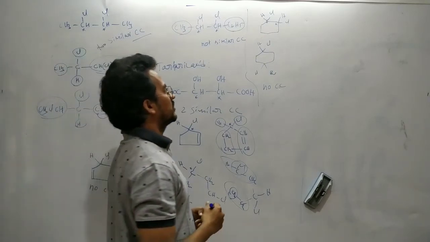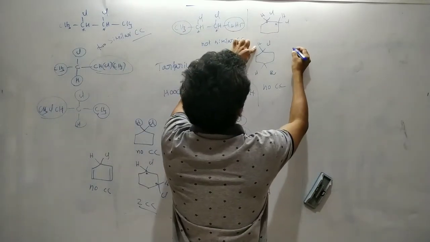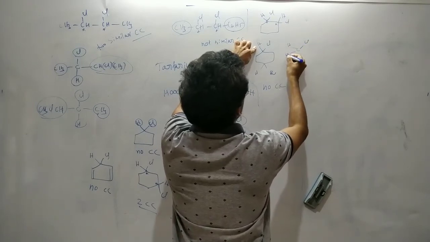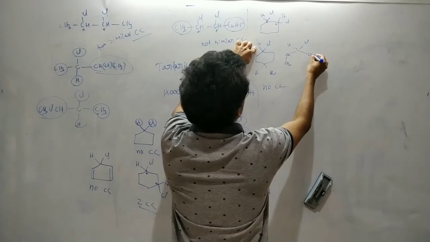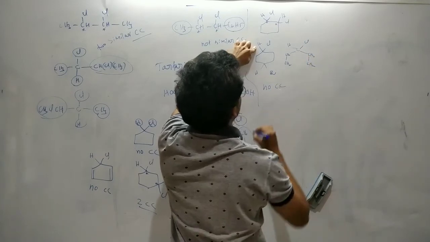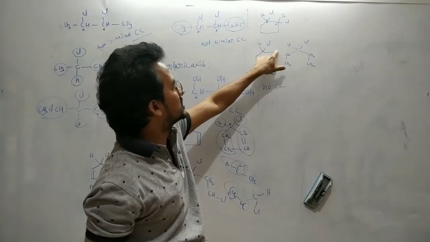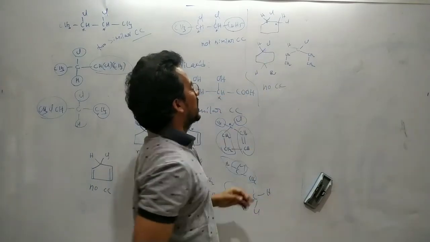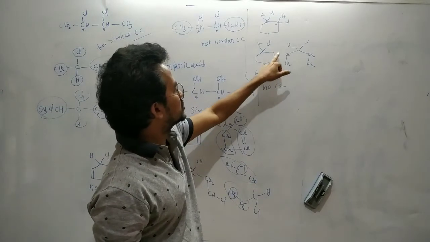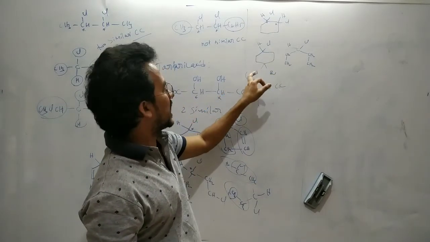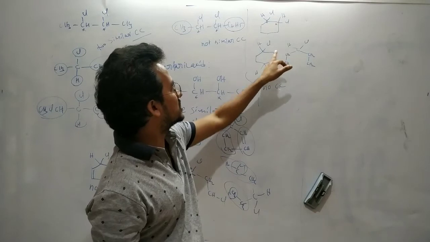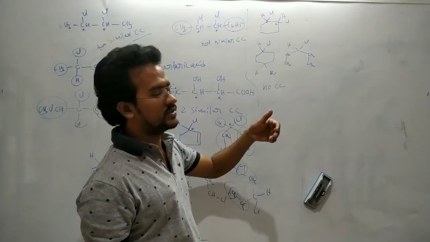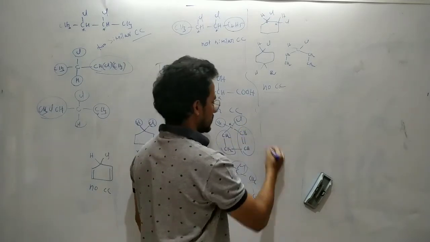How does it have no chiral carbon? Here in this case, consider this carbon, hydrogen, this chlorine. Here CH2 and CH2, here CH2, CH2 and CH2, CH2. On both sides similar groups, so that's why it's not a chiral carbon. And again for this one, CH2, CH2, CH2, CH2. Here hydrogen and bromine are different, but here CH2, CH2, here CH2, CH2, so there are no different groups. So this one has no chiral carbon.